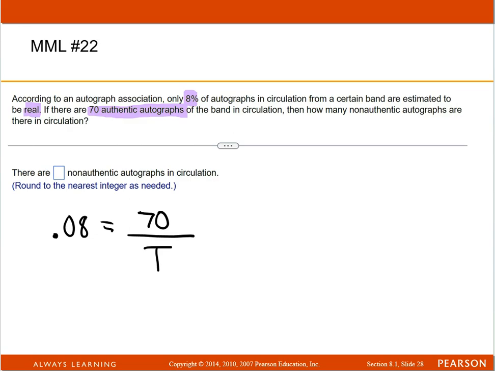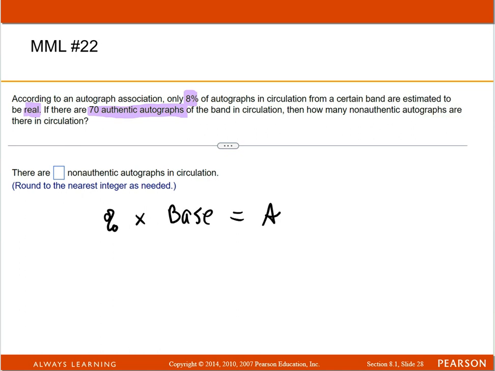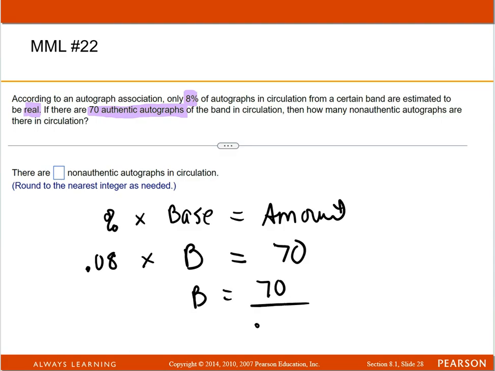So in order to figure this out, I probably should be using the formula. My bad. It is percent times the base equals the amount. So we know a percent, that is 0.08. I don't know what the base is. The base is the total number of autographs in circulation, but I do know that there's 70. All right. So to figure out B, we're just going to take 70 and divide it by